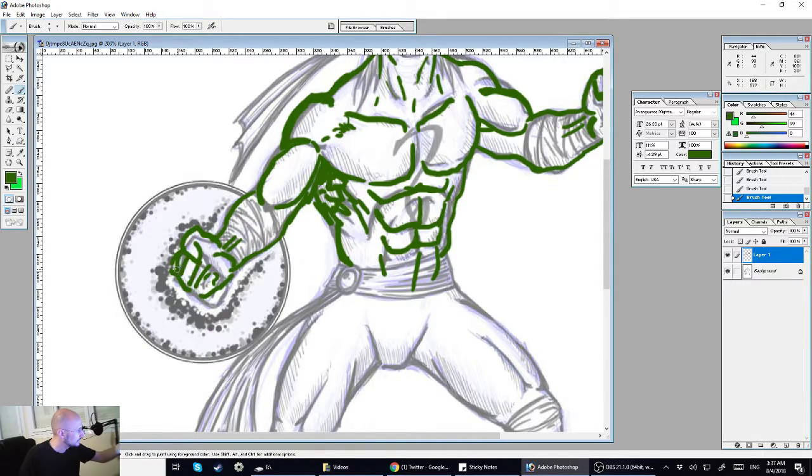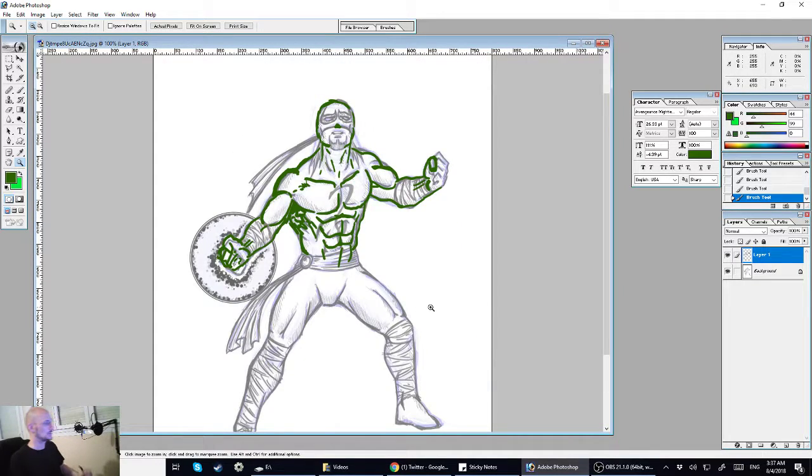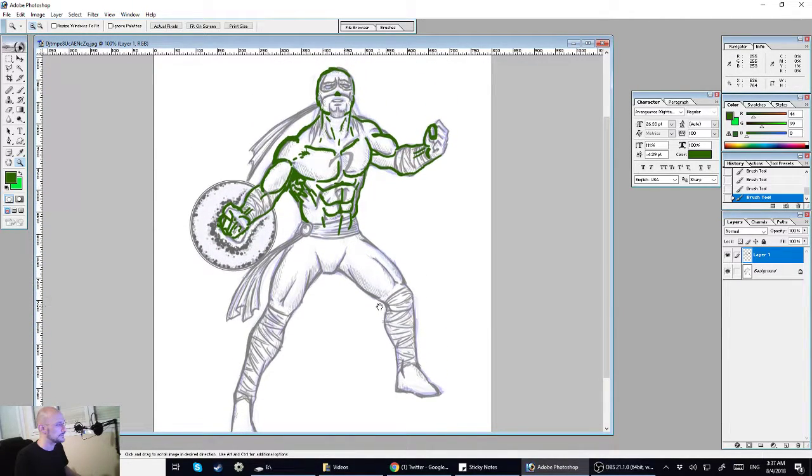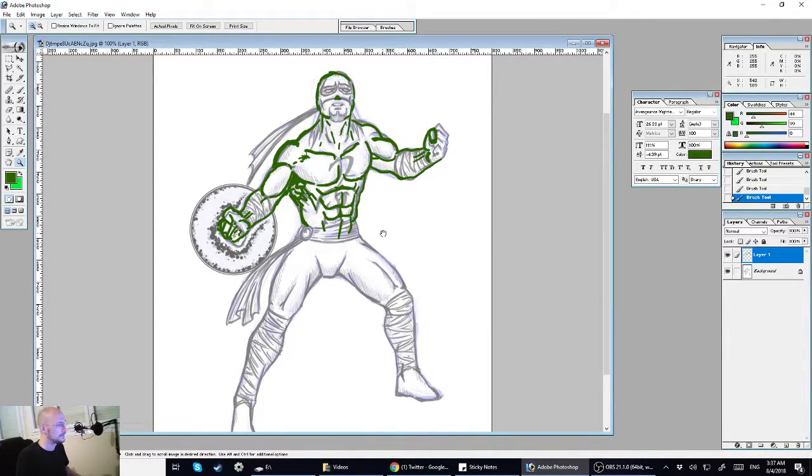And then do the fingers accordingly based on that angle. Like I said, I won't spend too much time on it, but I think you get the idea. Make sure you don't have angles that are fighting each other. Another thing I wanted to mention is, and this is especially true, I do a lot of pixel art and